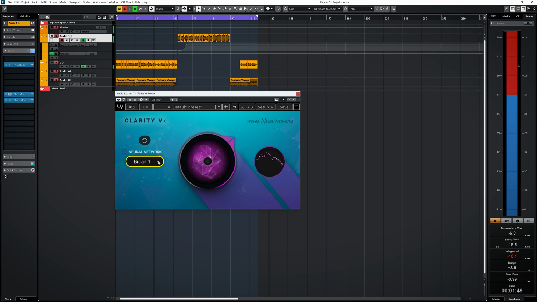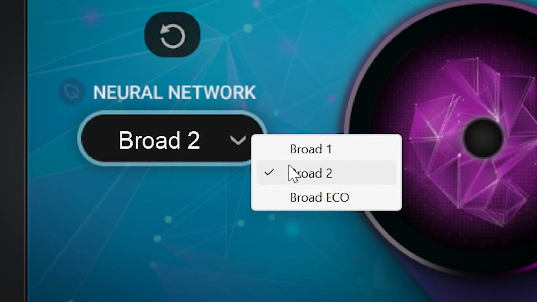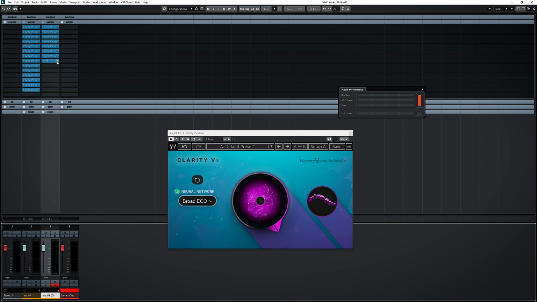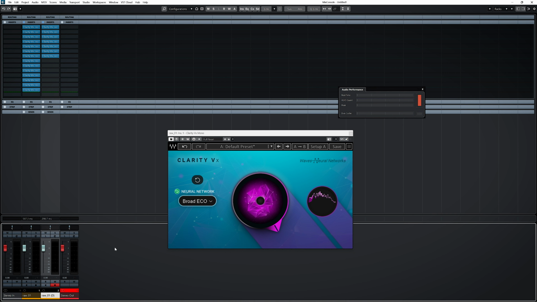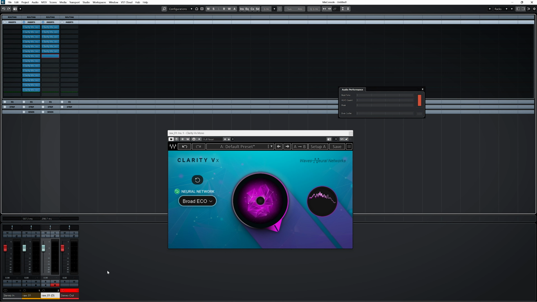And second, this is for every user of Clarity. There's now a Broad Eco neural network available, next to the two existing neural networks. This one promises lower CPU usage, which is welcomed since the existing two algorithms are very CPU hungry, and you should be able to run 2 to 3 times as many instances of Clarity. And also get faster offline bounces and renders, which is great for post-production when you need a lot of instances